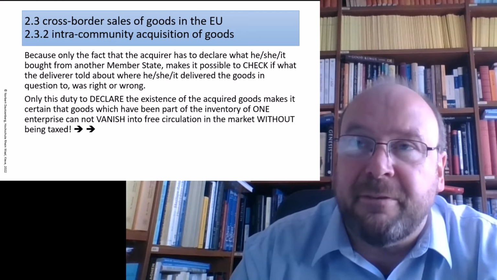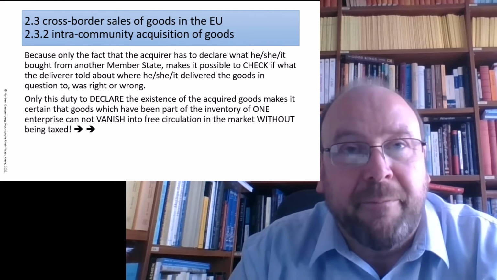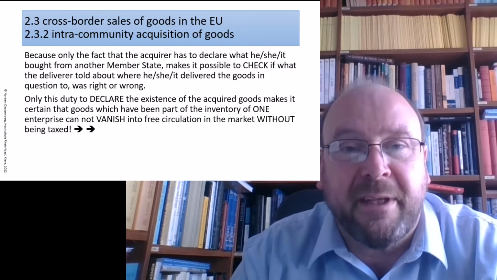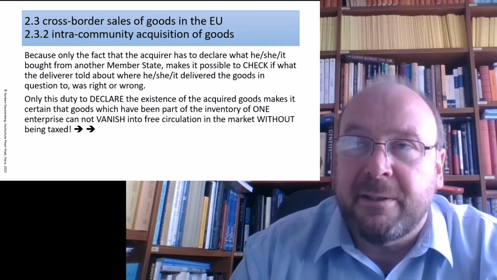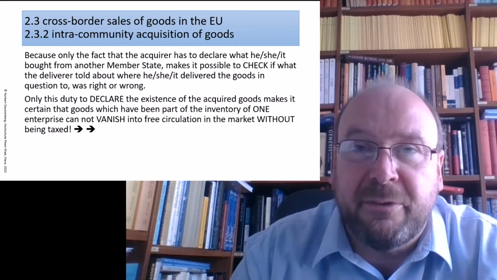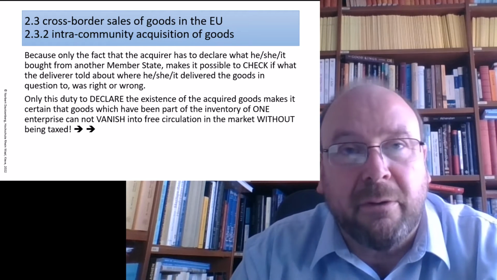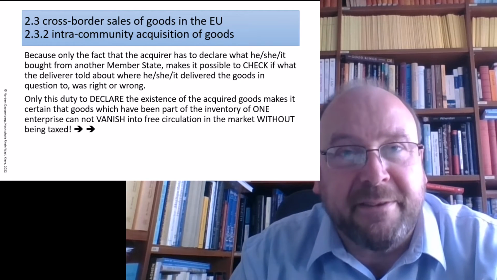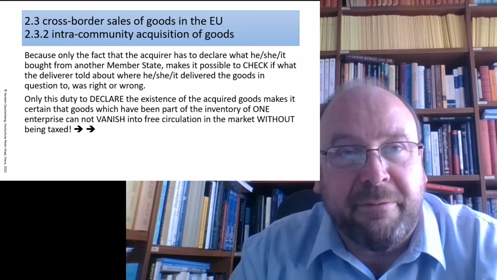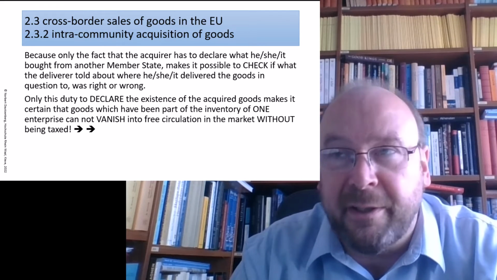So if the deliverer in France declares a delivery of 1 million to somebody in Munich, does that amount of 1 million show up in that person's tax declaration? So do the figures match, or do they deviate? And if they deviate, something went wrong in the declaration of either the supplier or the acquirer. So the fiscal authorities of both states can begin to inquire